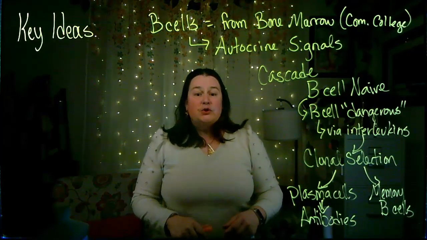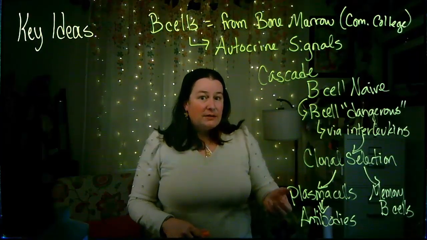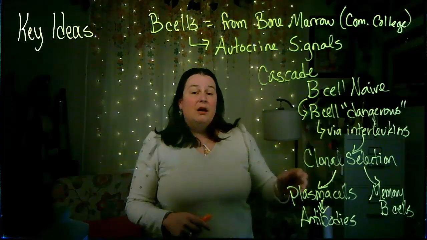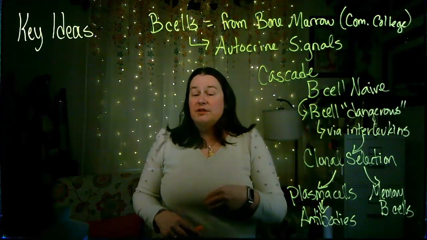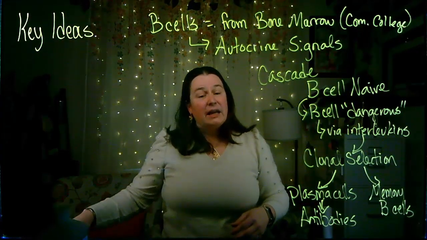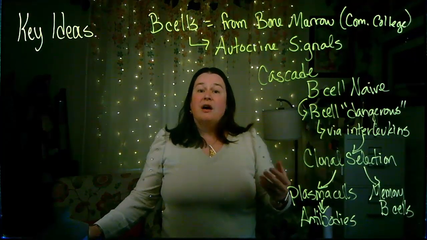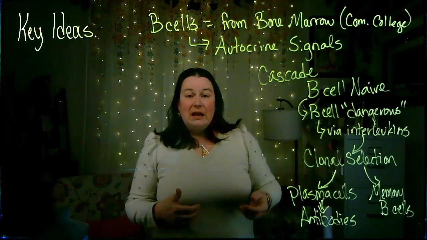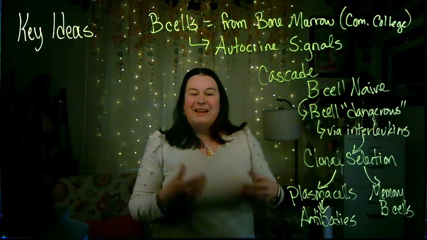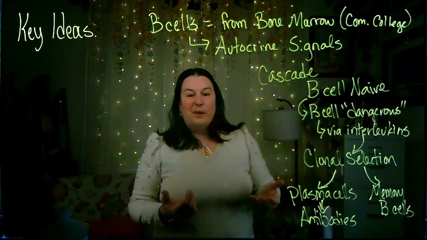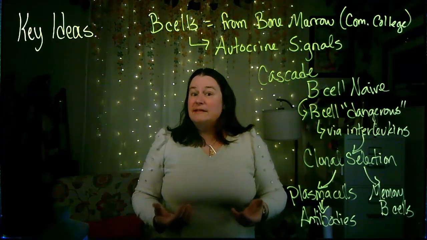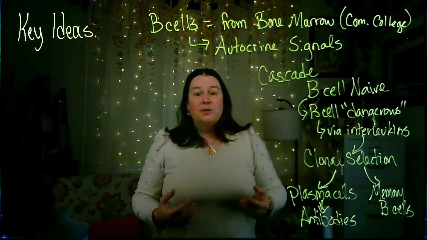So if we can get B cells educated, then they can help protect the human body for an extended time frame. And from a clinical standpoint, the way that we try to educate B cells is through the use of vaccines and through the use of antigen therapies, as opposed to getting sick with the disease, which is never much fun. Hope this helps you understand how a B cell can self-signal itself